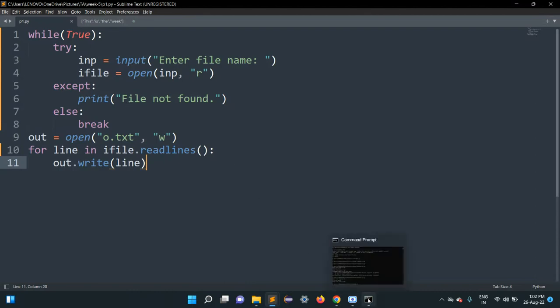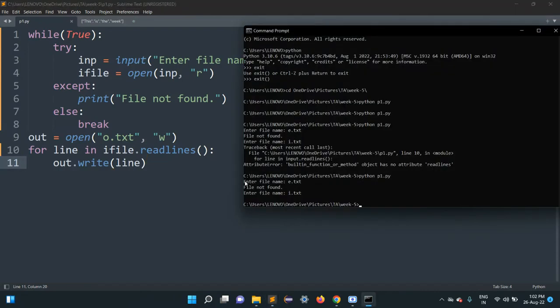See, for the first case, I have entered the file name as e.txt. When the file was not found, it went into this except block, and the print statement "file not found", written on line number 6, was executed. And again it went back, because while is true, and again it asked us to enter the file name. When I entered i.txt, which is the correct file name, it came out of this loop because of this break